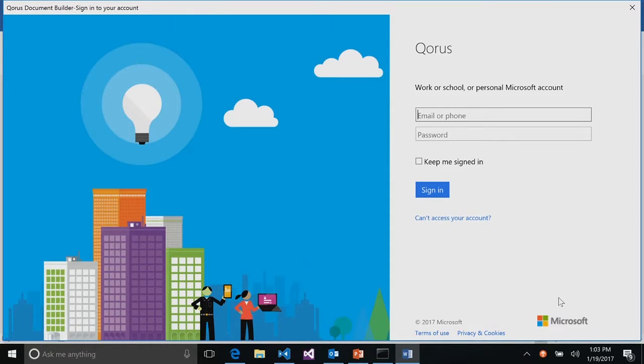And you see they've popped open this dialog. And this is actually the Microsoft Azure login, right? So that I can log in to Office 365.